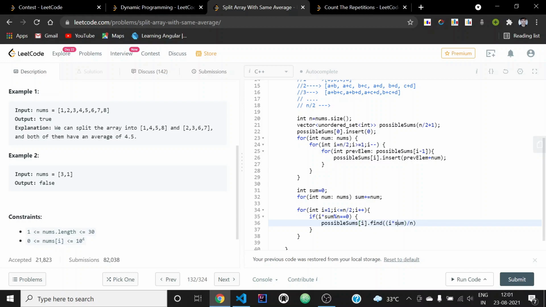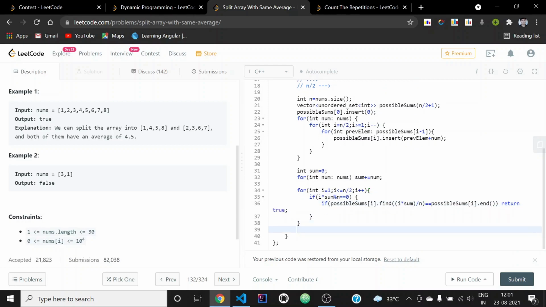We need to check that it is not equal to end. So this will tell us whether it is present in the set or not. Just in case it is present, we will return true. And just in case, after checking all the possibilities of i, it is not possible, we will return false.